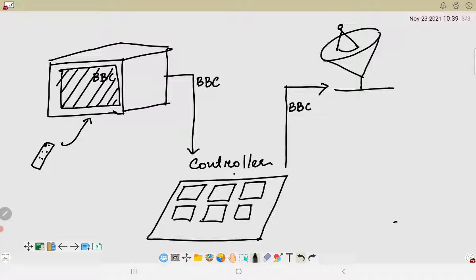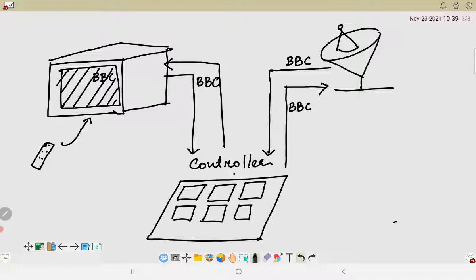Accordingly, the antenna will change the frequency and provide the BBC channel to the controller, and the controller will revert back to the user with the changed channel.